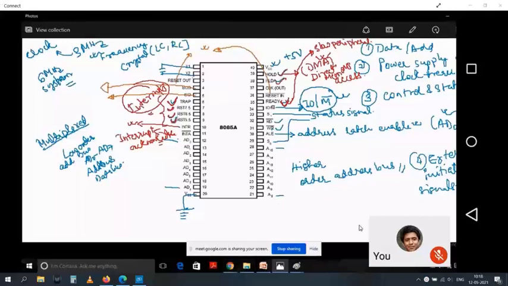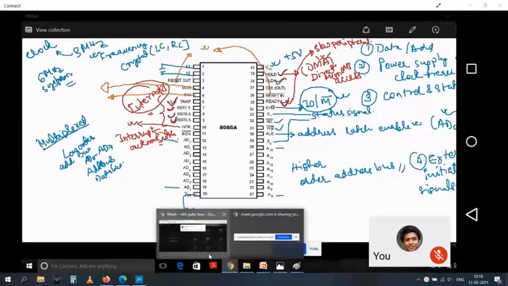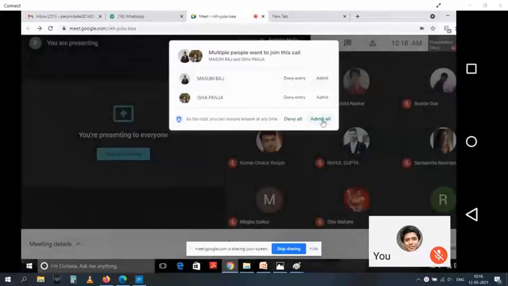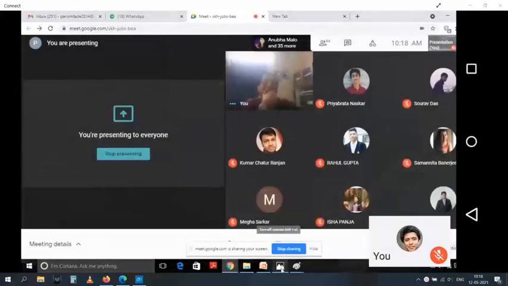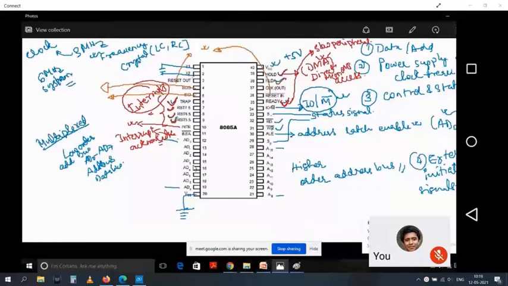See the screen. Last class we quickly wrapped up. We were discussing the 8085 architecture. This 8085 IC has only 40 pins. So whatever operation you want to perform with this microprocessor unit, you have only 40 pins available. We saw all the signals that were coming from these 40 pins.